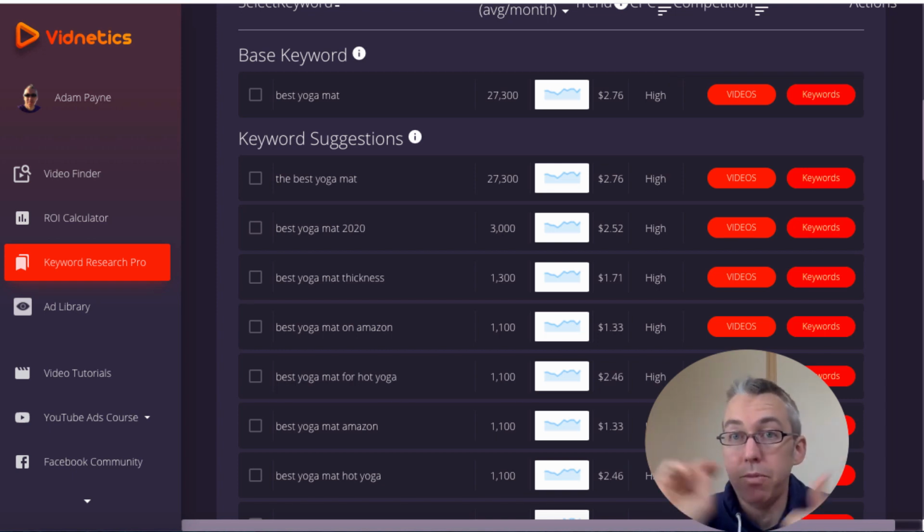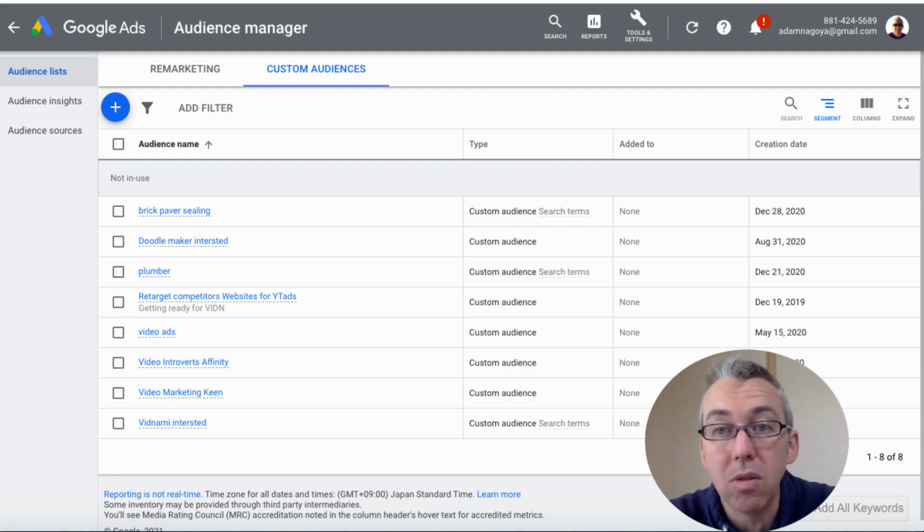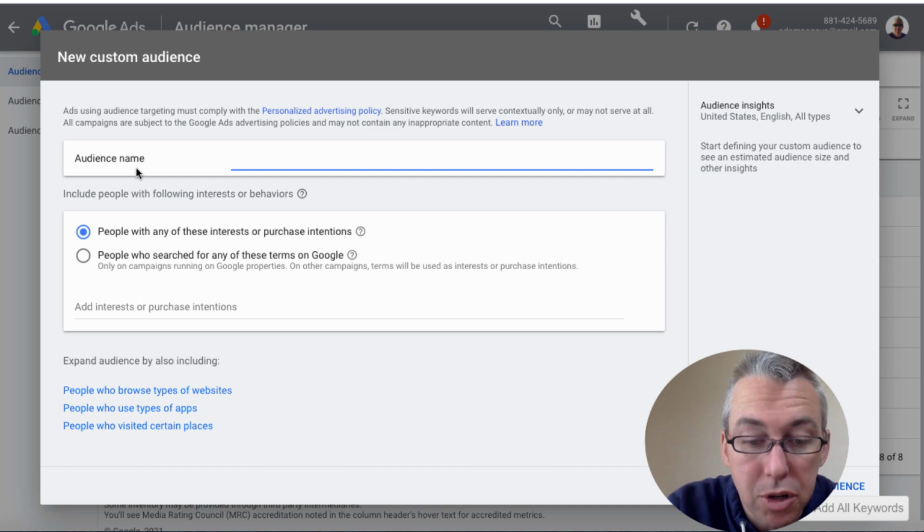Now, we've got retargeting or remarketing, we've got placements, we've got keywords. Other things that we can do are custom intent audiences. So you're going to need to log into your Google Ads Manager. I do have another video which talks about these audiences for local businesses. But if we come over here, you click on this wrench and you can navigate to this section through the Audience Manager. You can click on plus. You can give it a name. So I'll just call this